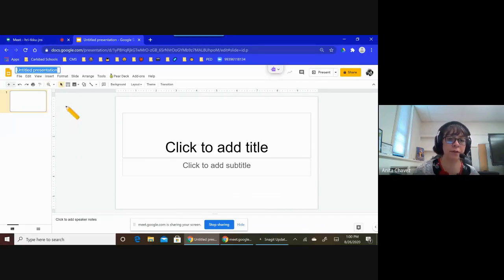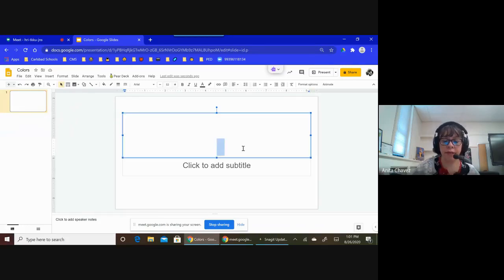So the first thing I do, of course, is title it, and we're just going to name it something simple like colors. My first page, I'm just going to leave it like this because this is going to be my directions to my students, and I may even give it a title like colors.